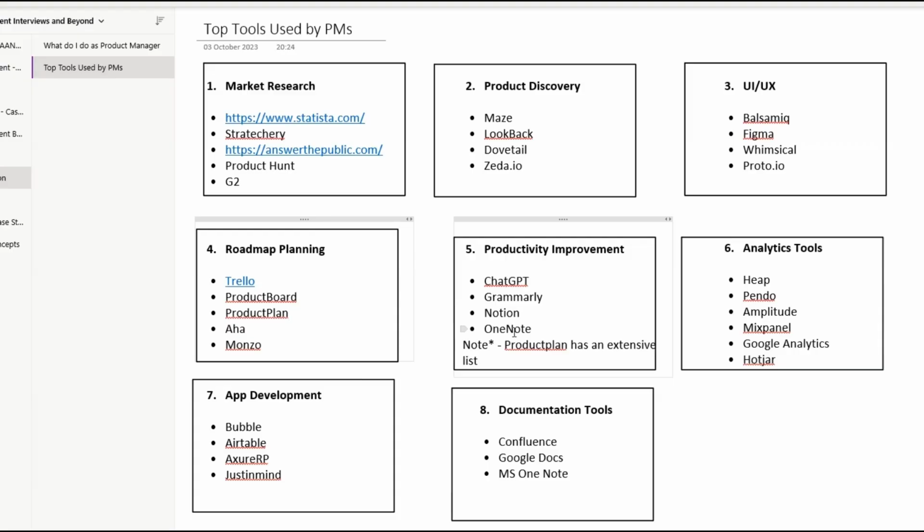Other than that, if I just quickly look at what else is there, I think OneNote, Notion, all standard tools, right. So this is a very limited list. If you want to go for a comprehensive list, product plan has an extensive list, so do check out that list as well. Now, coming to the analytics tools, which I also feel is an important category,